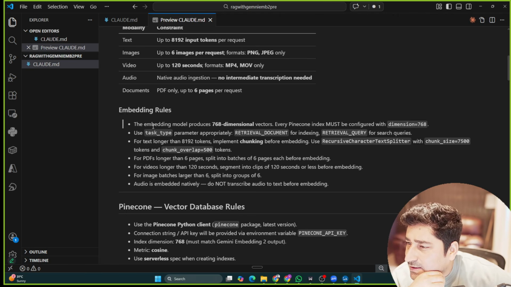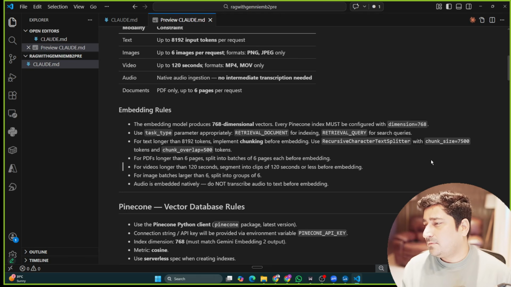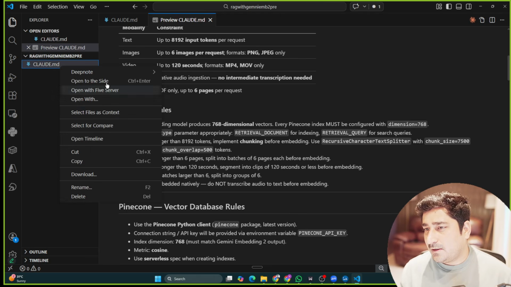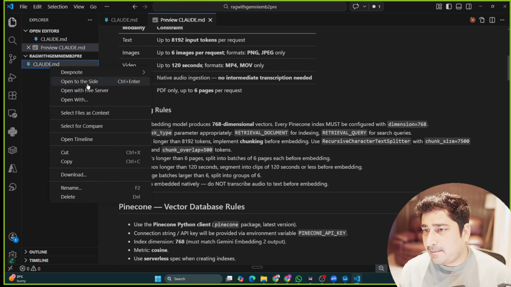Use the type task parameter appropriately: retrieval document for indexing, retrieval query for searching queries, and handle text longer than 8192 tokens. Implementation checking before the embedding, fine. So chunk size is 7500 tokens and chunk overlap is 500. Let me make a small correction over here. Ideally, even as per the Google instruction,